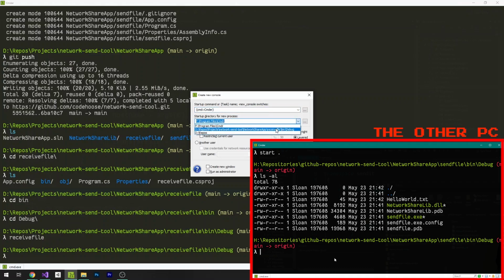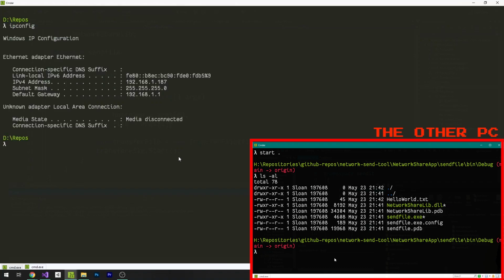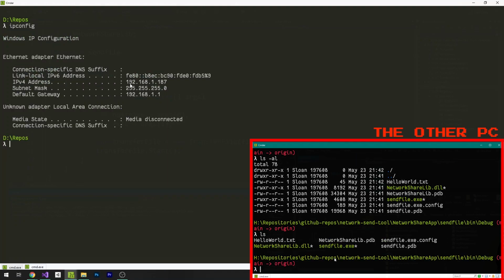Current folder. Okay, so if I do this, which is 192, send file, and then it's the host name, which is 192.168.1.187, and then this is going to be hello